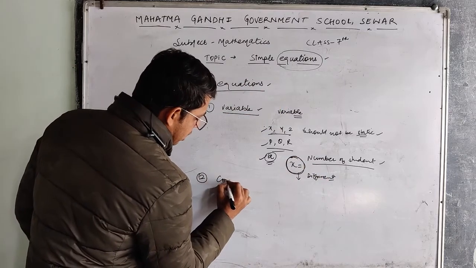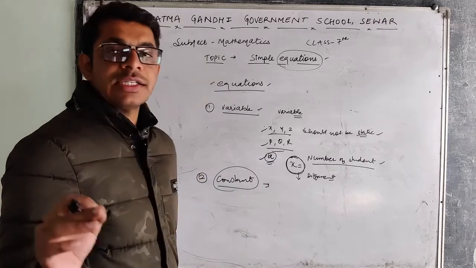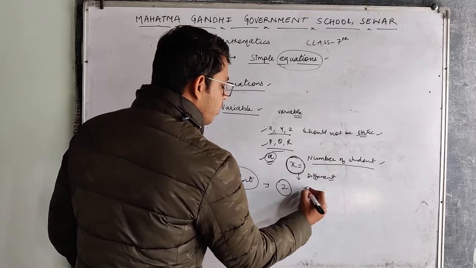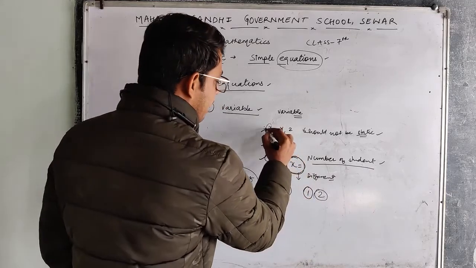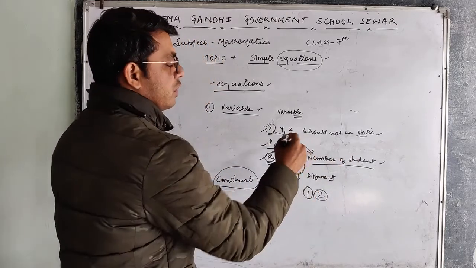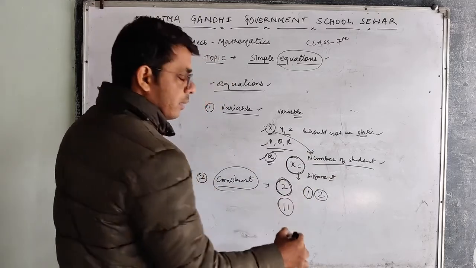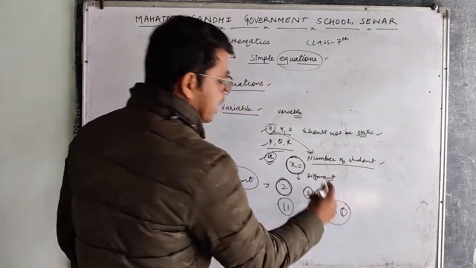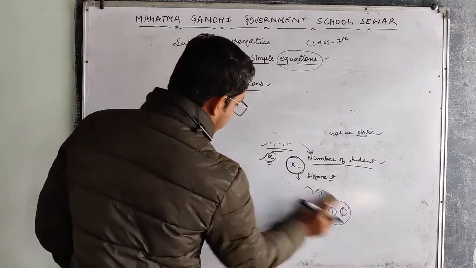Another thing is constant. Constant is anything which has a defined value in any situation. If I write 2, the value of 2 will remain 2 in any situation. It does not change. But the value of x will change according to situation, like the strength of students will change according to class. But if I say 2 students, it means 2. If I say 2 toffees, it means 2 in number. So anything like that is constant.